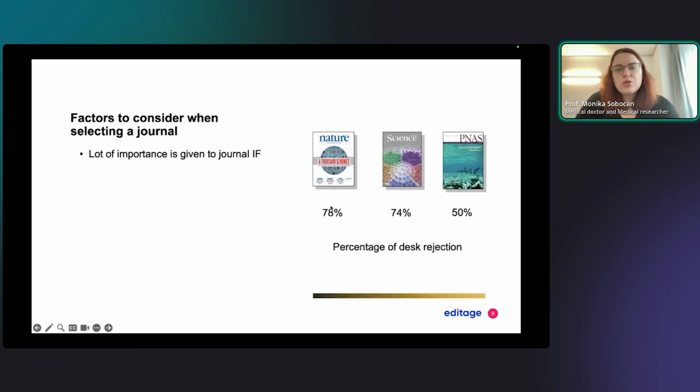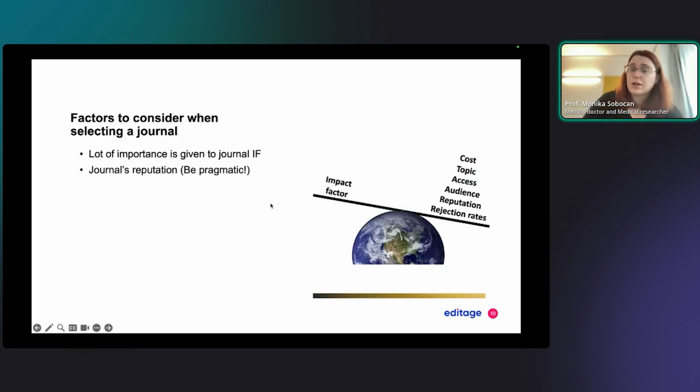What I like to do is usually look at the quartiles of impact factors and decide between manuscripts that are published in the first quartile of the impact factor. So be pragmatic. It's not only the impact factor. I usually look in the first quartile of the journals and think about who is going to access it. If a journal is not anywhere cited, anywhere discussed, will even this have any impact?